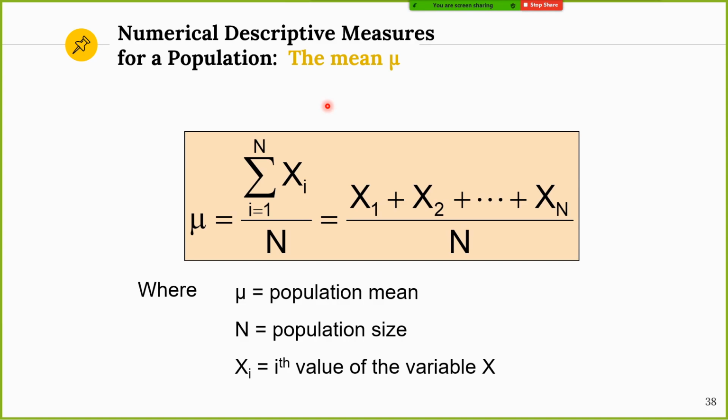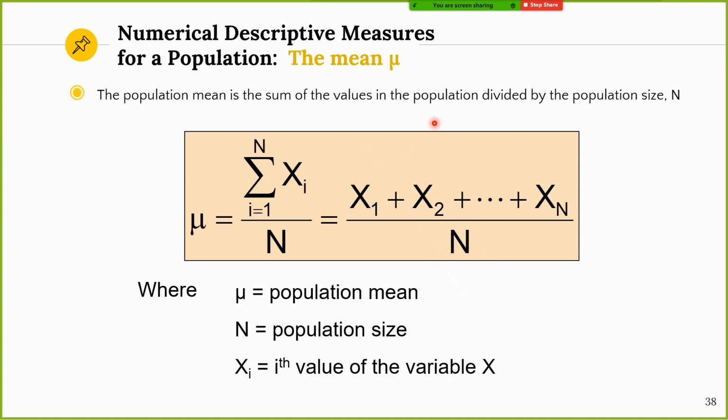And also for the mean, it is the same, only the average. The sum of the total numbers divided by the population that you have. Back then, we divided by the sample that we have. For this case, divided by the population. Same. And we have this capital N here. This is the population size. Back then, we had the normal n, the sample size.